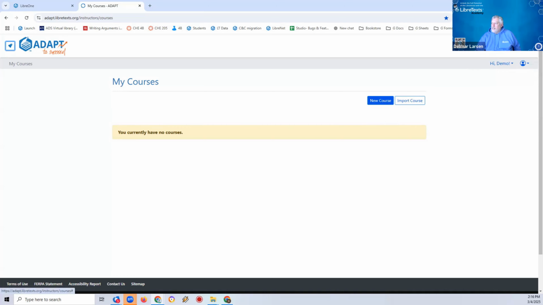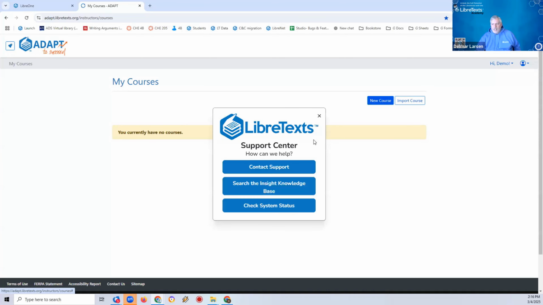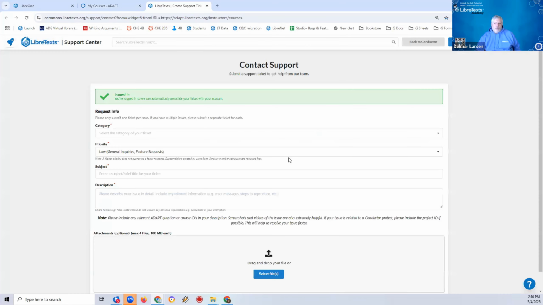One is this button that says support. If you click on this, this will open up the support ticket line that you can use to request information. If you have a problem with something, or your students have a problem with something, they can actually submit this to our ticket lines. And then the LibreTexts development team, as a little mini community, reviews the tickets and tries to address them as fast as we can.